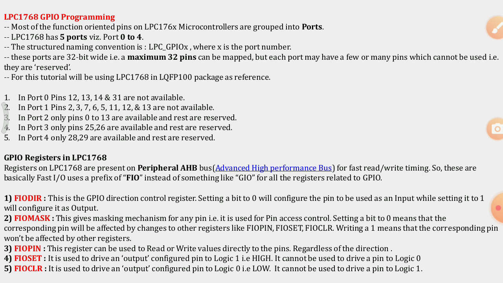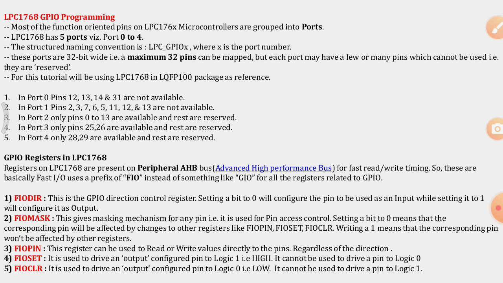Most of the function oriented pins, there are 100 pins in a quad package of the LPC1768 microcontroller, are grouped into ports. Likewise, LPC1768 has 5 ports, port 0 to port 4.